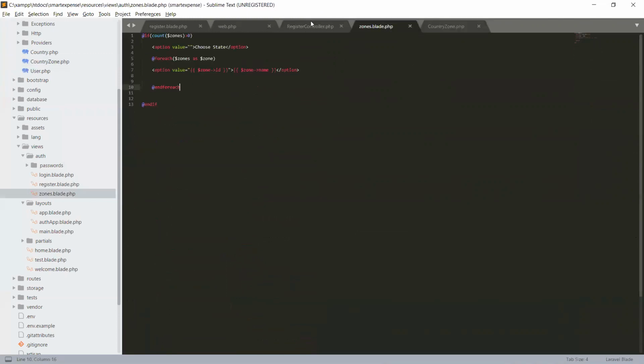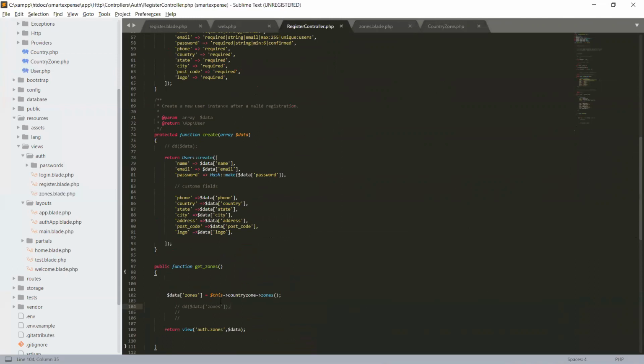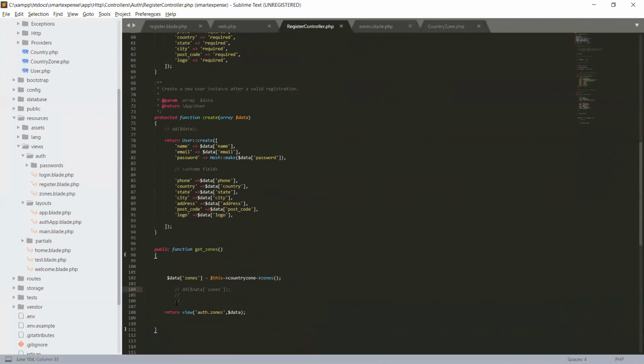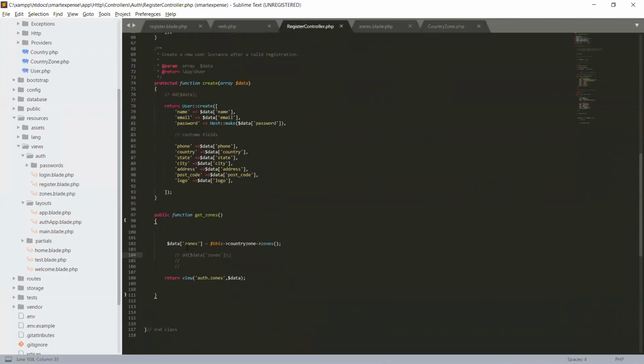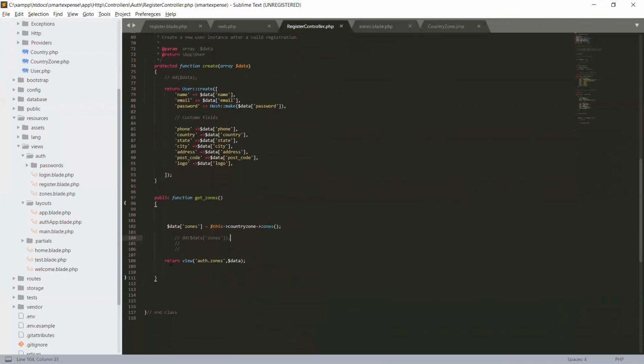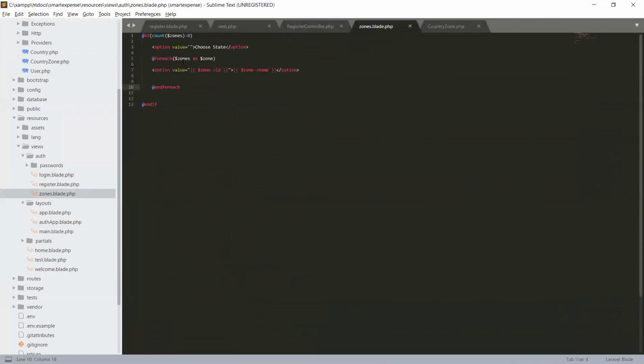Then we have the data in our register, so we will store this data into an array with the name zones, and we are returning a view within auth, zones.blade.php. So in this view we iterate the data, and we are just sending the response back to our AJAX request, only the HTML.